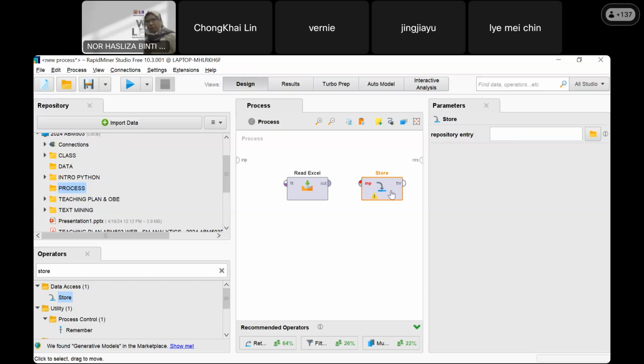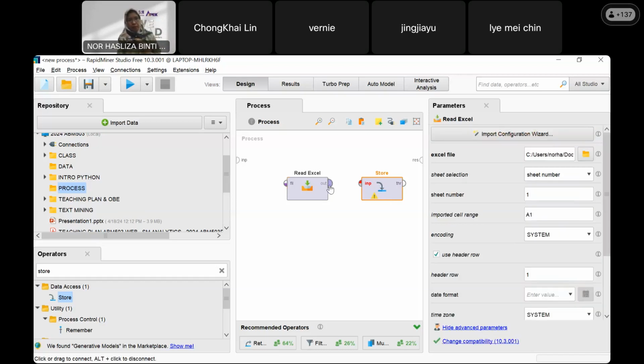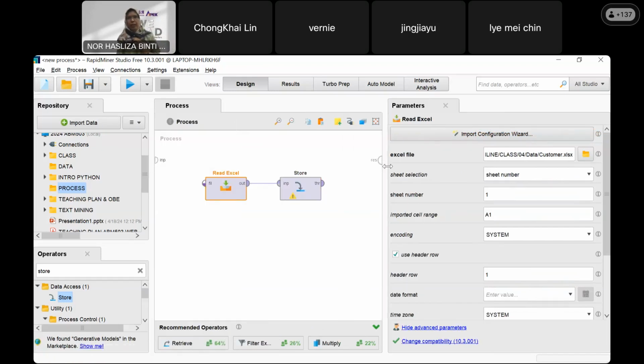You see, when you have more than one operator, you need to ask them to link. It is always waiting for our command, what next to do. Here we make a link.